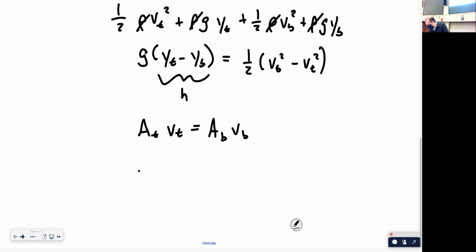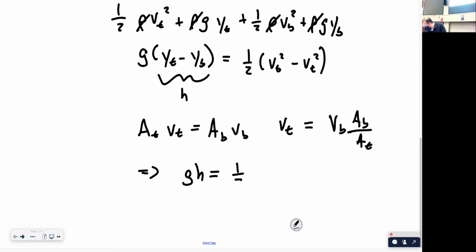So we can plug this in. Let's solve this for VT and then plug VT in, because we're going to want to solve for VB, the velocity at the bottom, eventually. So VT is VB times AB over AT. Let's plug all that in. We've got gh on the left. We've got 1/2 VB squared minus AB over AT